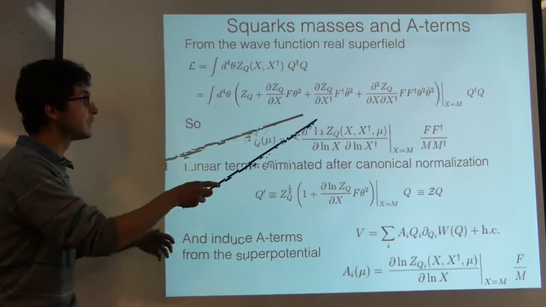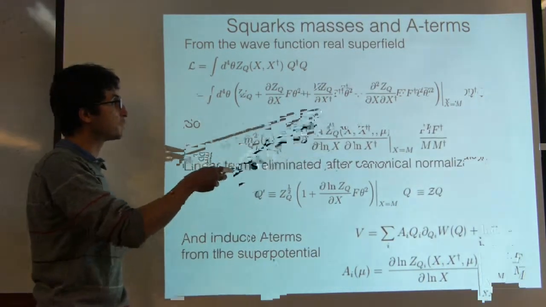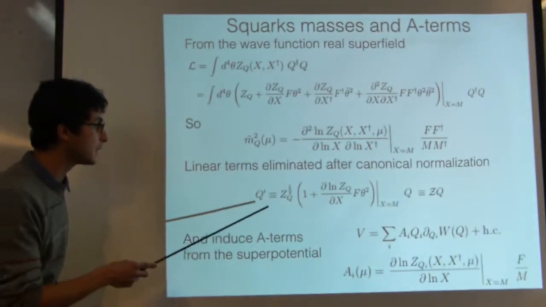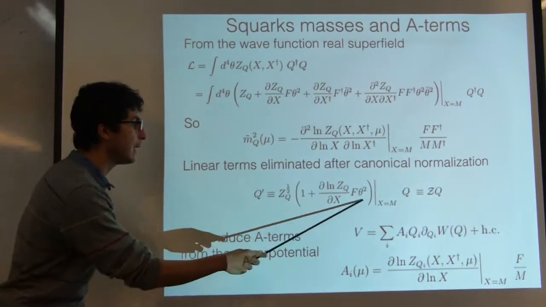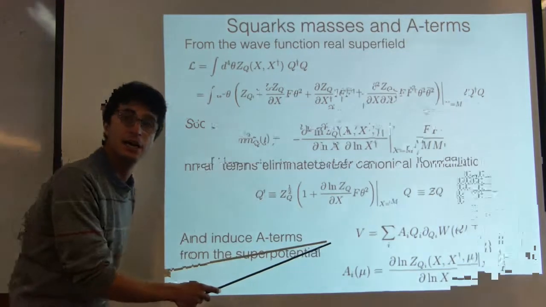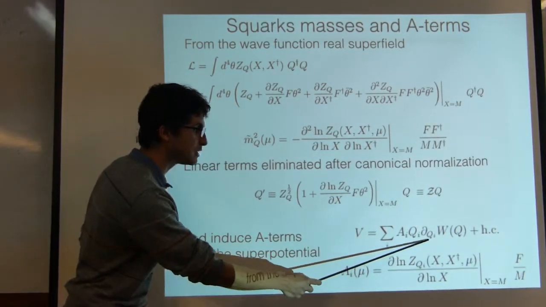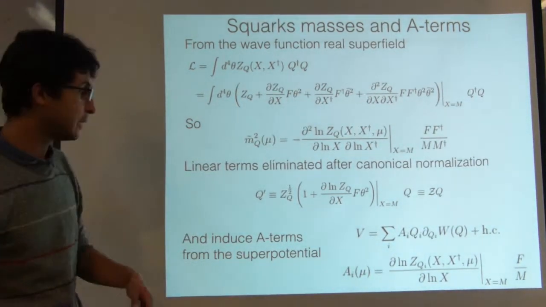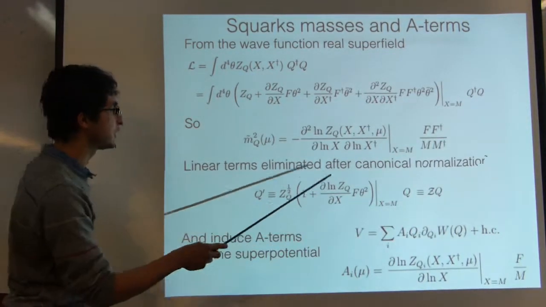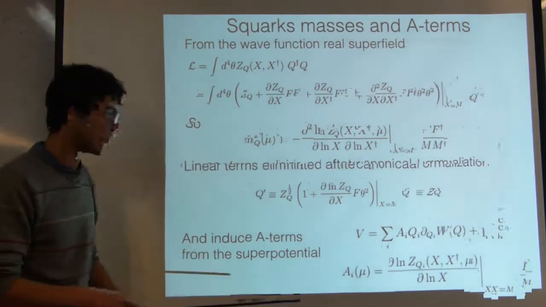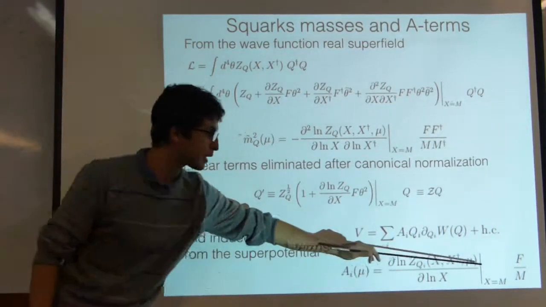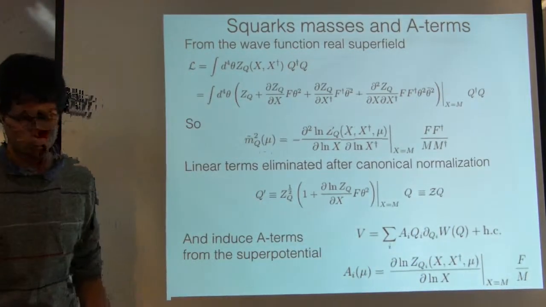Actually, when we did this, in the canonical normalization, these two terms disappear, but you introduce a variation in the superpotential that at the end is reflected as an extra term in the potential. That is the A term. The A terms are other soft terms that, when you compute them now in the superpotential part of the Lagrangian, you get an expression for the A terms this way. Again, after the canonical normalization that leads to this expression.